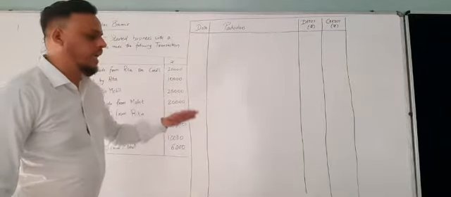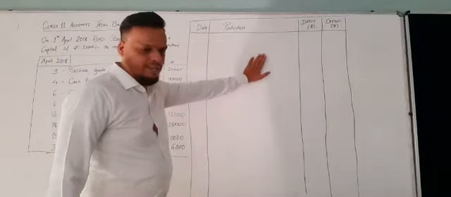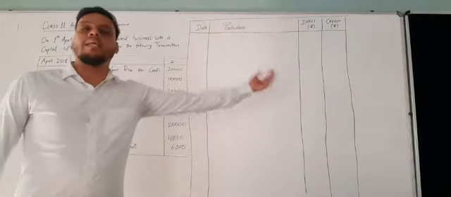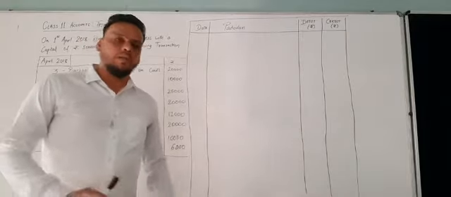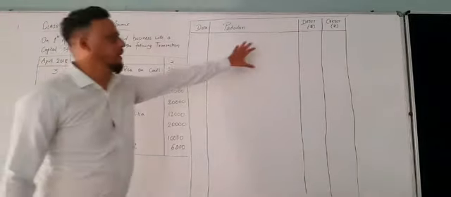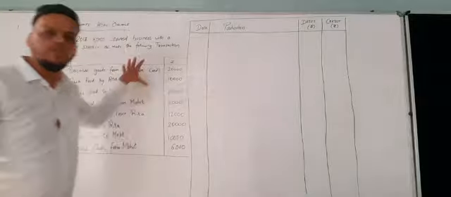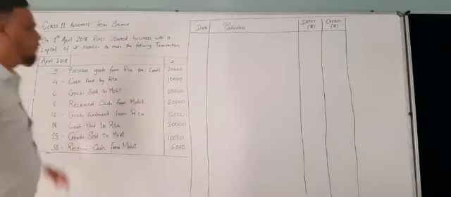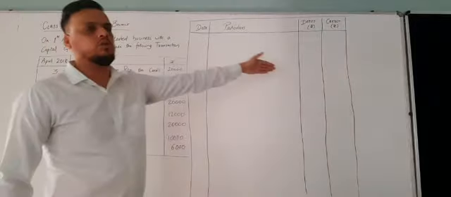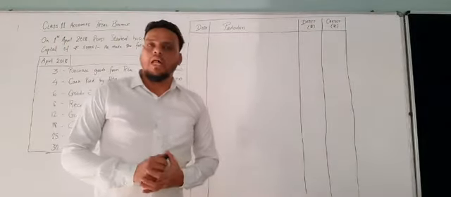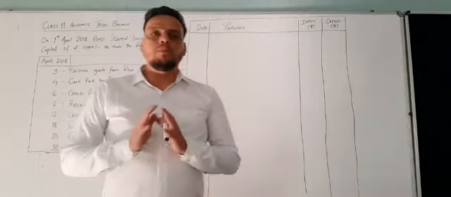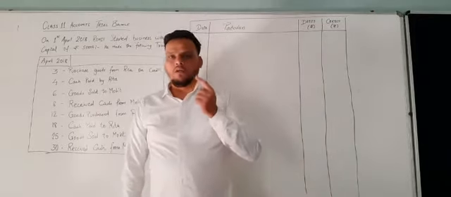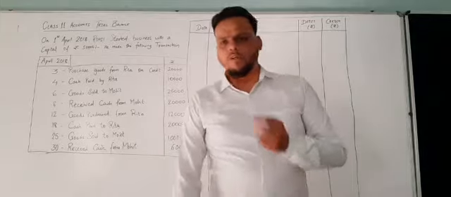So I have decided to make a journal entry and then I'll rub this part out and make the ledger also. Don't worry, I'll rub out this question for making the transfer of journal to ledger, and then we will rub out this journal and make the trial balance, and from that ledger I'll make it into a particular trial balance. So your doubts will be cleared today itself. Do not worry. So I'll start with the journal entries first.